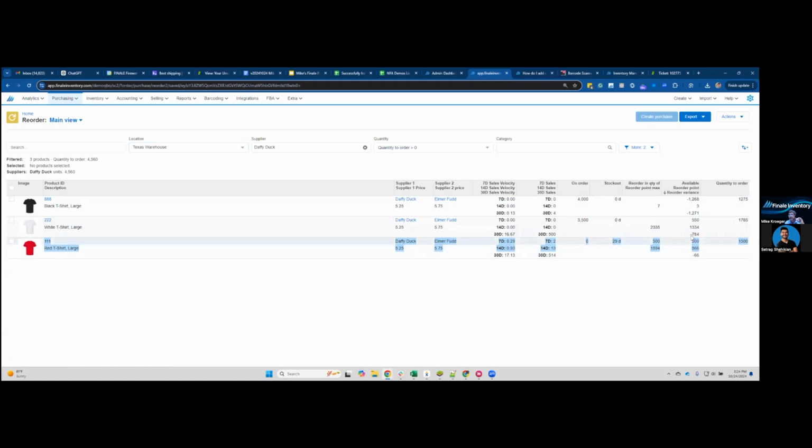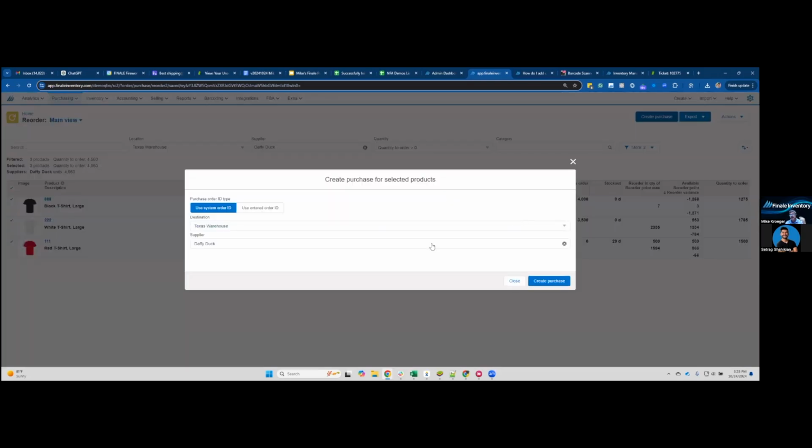So if you look right now, I'm looking at red t-shirts. I can see on this screen whether there is an existing PO right here. I have zero coming inbound. These other ones have POs coming inbound because I can see them already, but the system is saying you still need more. But this one, there's no PO, there's no inbound, and I need to order the 1500. If I go in and create a purchase order, because I canceled the other one,